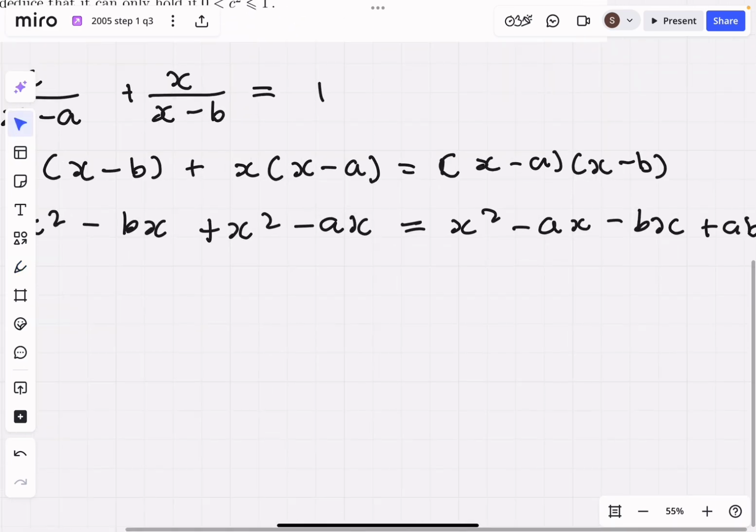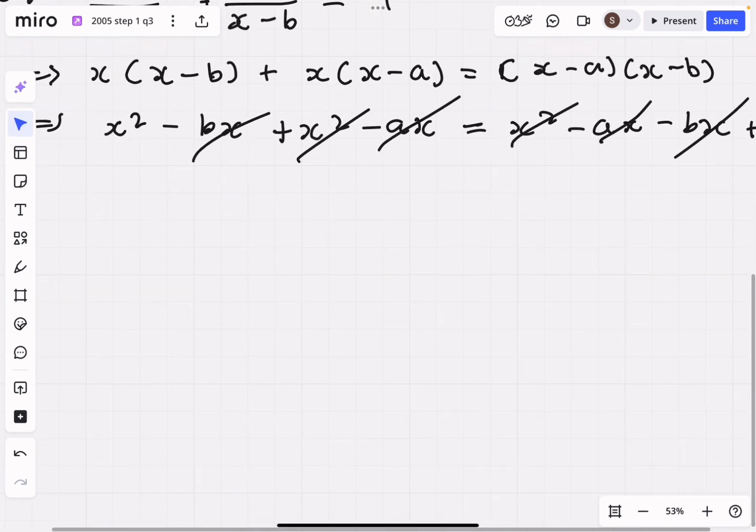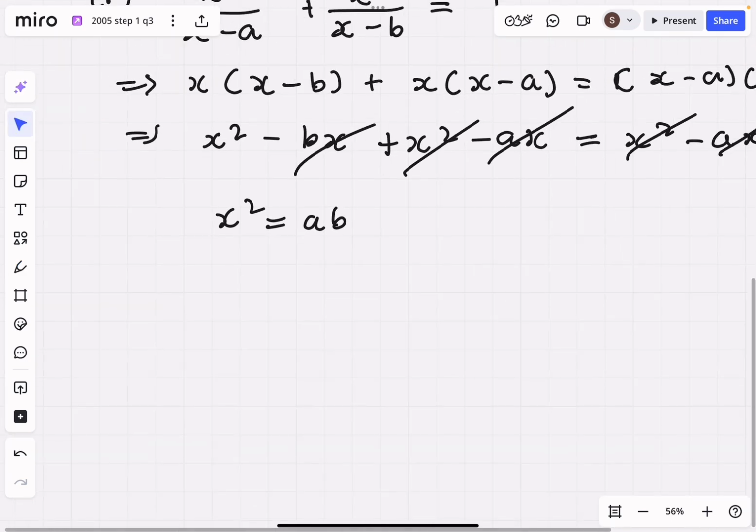On both sides we have x squared, we have minus ax, and we have minus bx, and we can cancel those out. And therefore, x squared equals ab. x squared equals ab, and we can take the square root of both sides. So x equals the positive or negative root of ab,